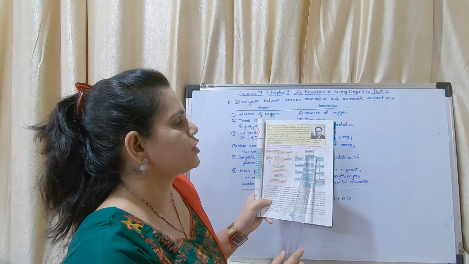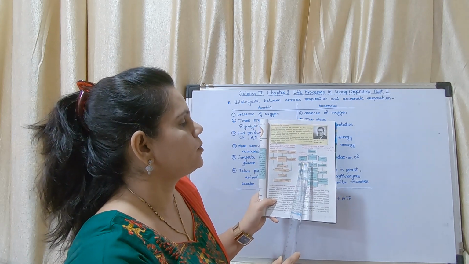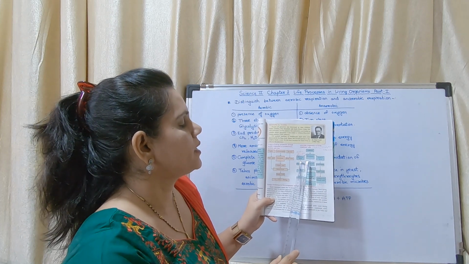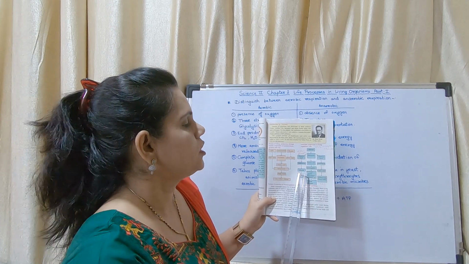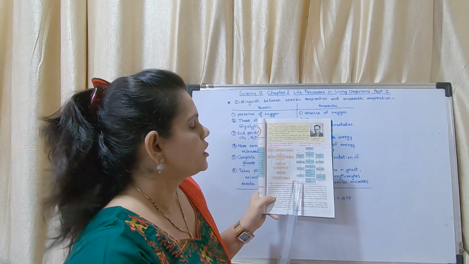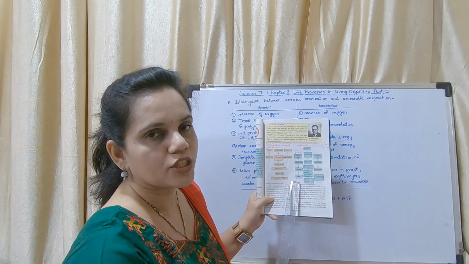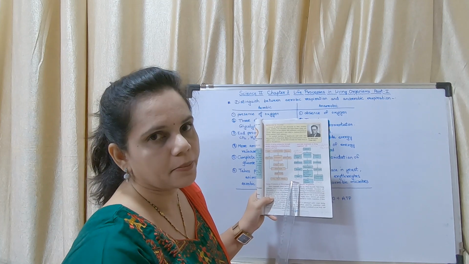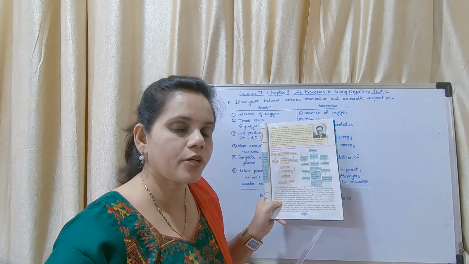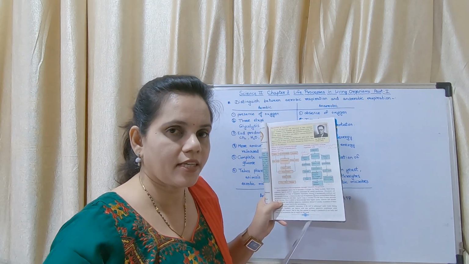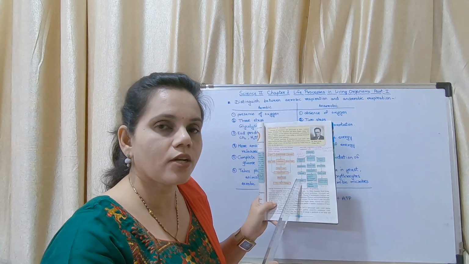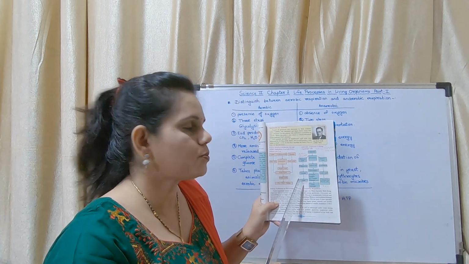So this is the first one: glucose converted into pyruvic acid through glycolysis, and pyruvic acid undergoing fermentation to form alcohol. It occurs in yeast. During this, how many ATP are produced? Only about 2 ATP are produced. In aerobic respiration how many ATP were produced? 38 molecules of ATP were produced. In this anaerobic respiration, only 2 molecules of ATP are produced.